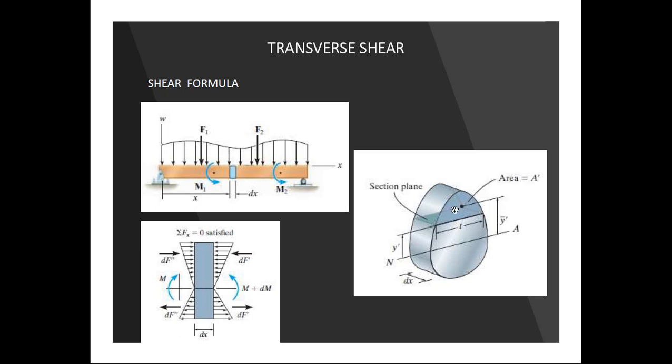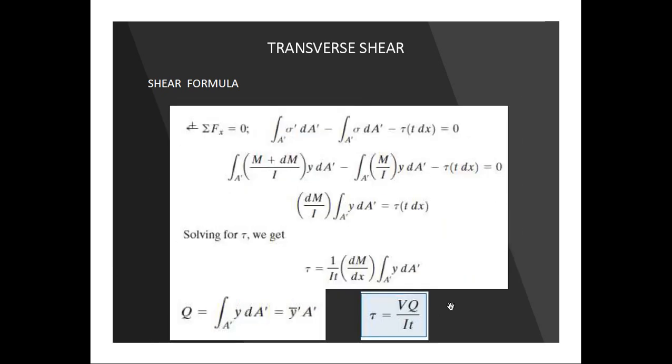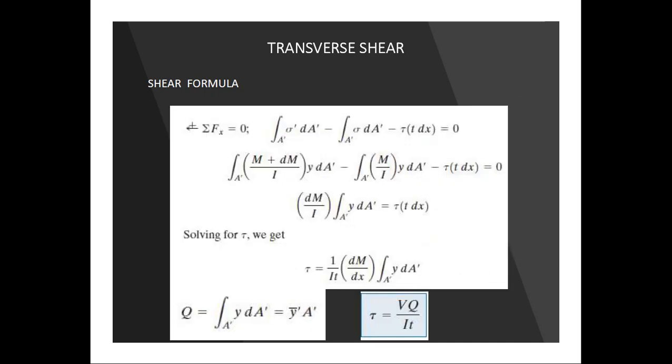You can calculate this. And what is T? T is the thickness at the point at which you are calculating the shear stress. You have to calculate that also according to the section. Either it will be constant, or if a built-up section is there, T will be varying. We'll take one example for that also, and that's how we can derive this formula. This is called the transverse shear formula, and this gives the shear stress.